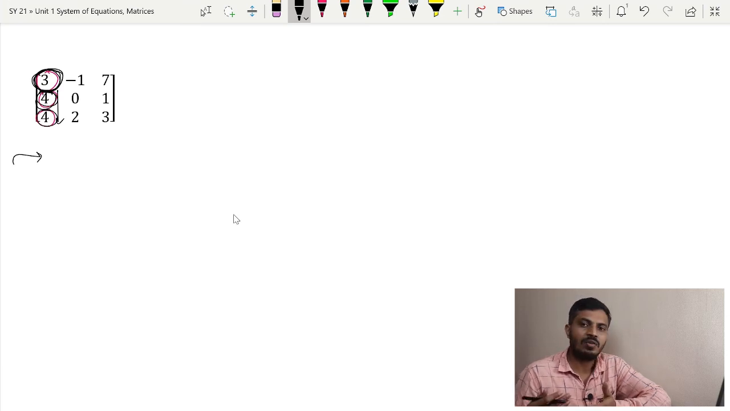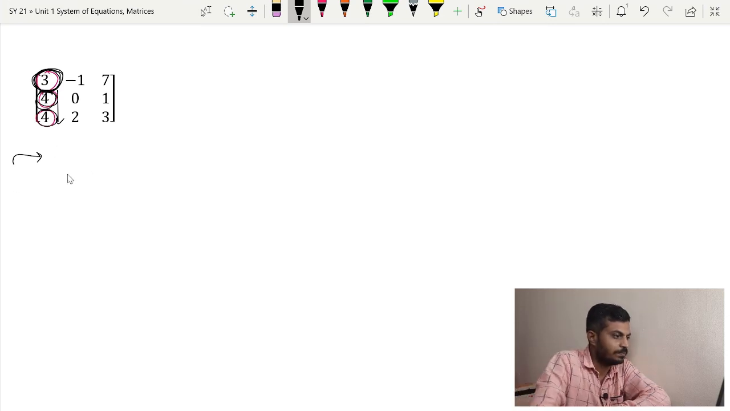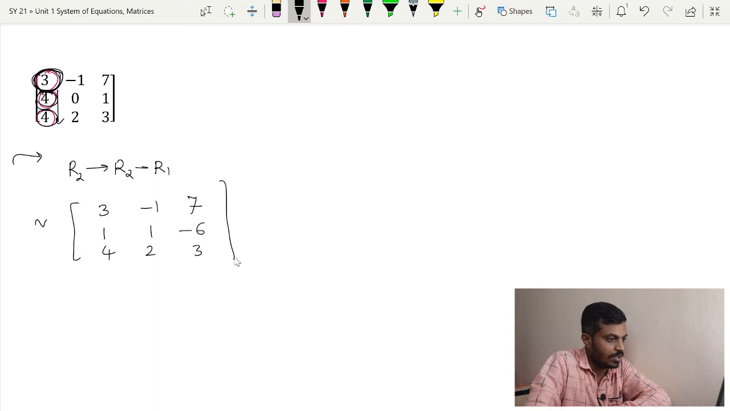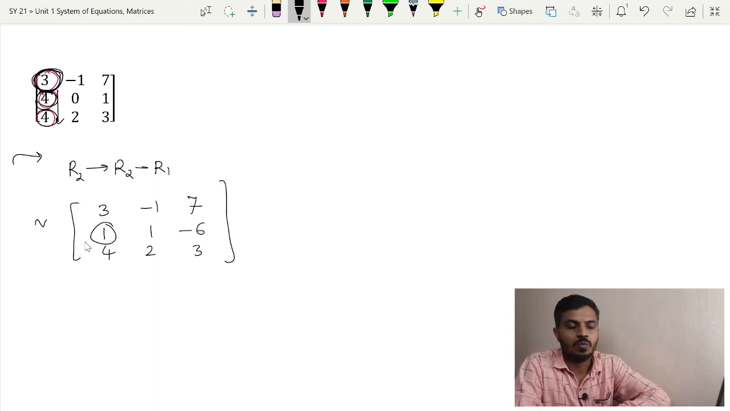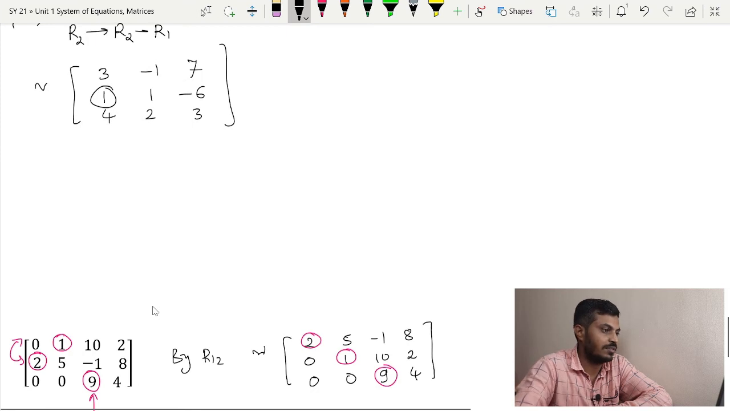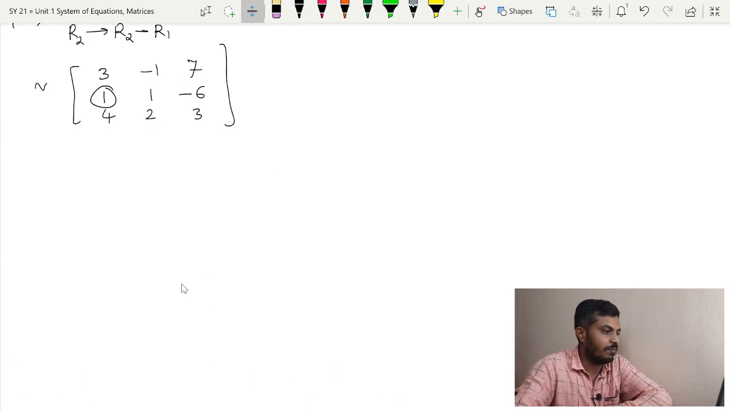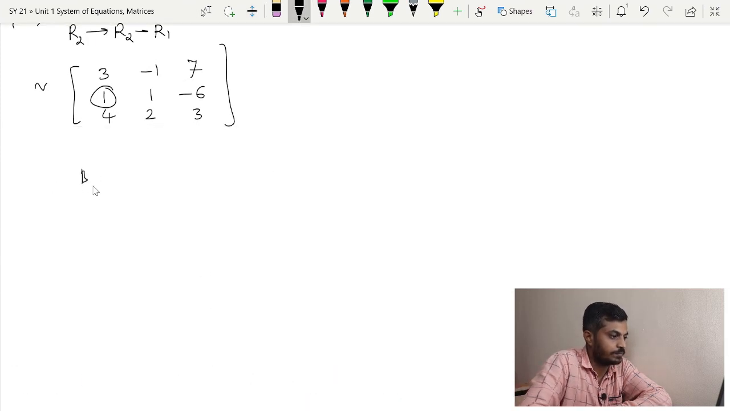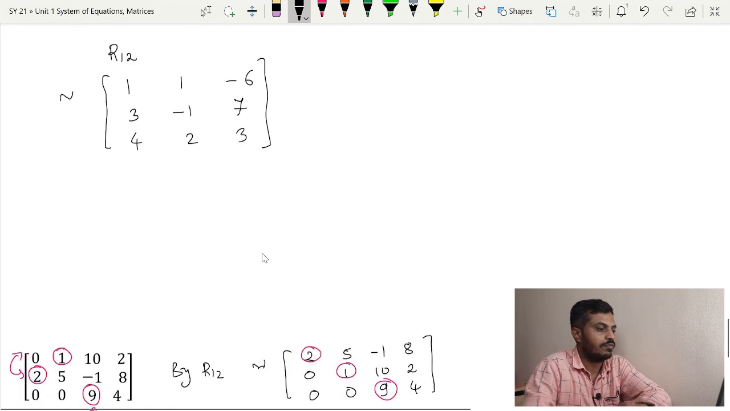So over here I will go for R2 minus R1. So I will say by performing R2 minus R1. Now since we have made this entry to be 1, now we will interchange the first row and second row so that we will get 1 as per our requirement. So I will perform it by, or simply you can say R12. So this is equivalent to,